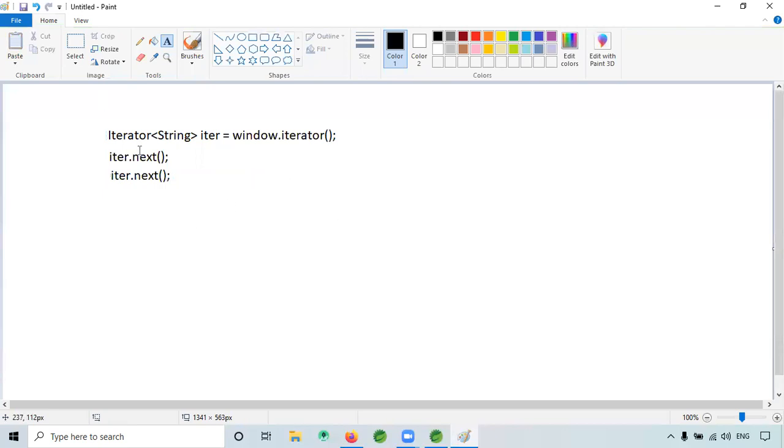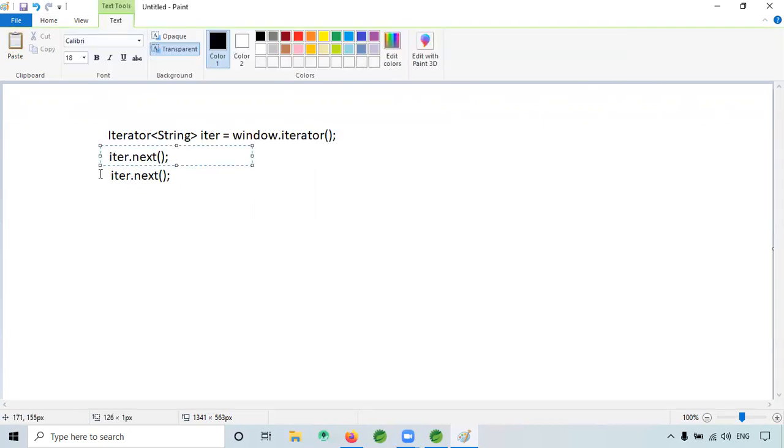So here I will use one iterator like this. Okay, so I will use iter next like that.